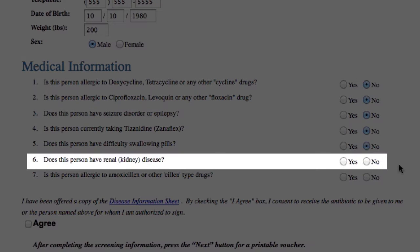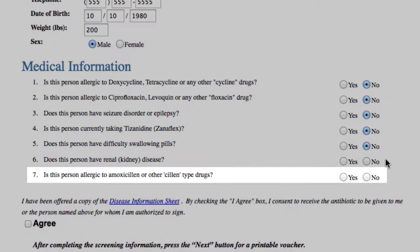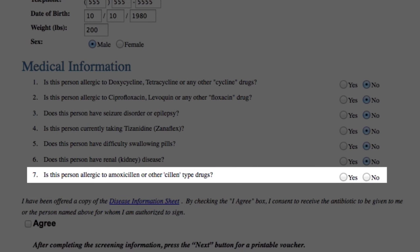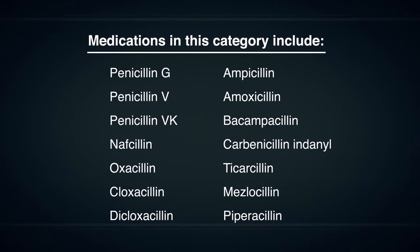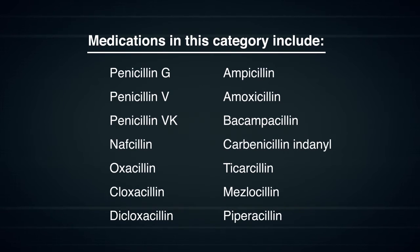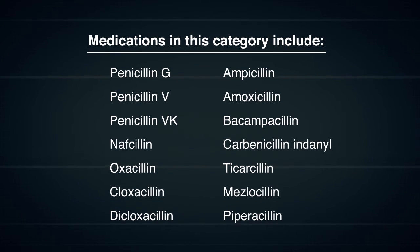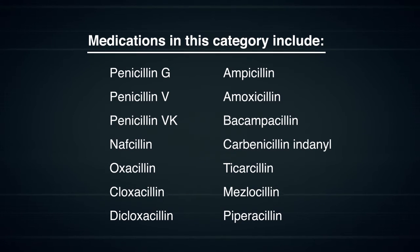Question 6 asks if you have renal or kidney disease. Answer yes if you have severe kidney disease or are on dialysis. Question 7 asks if you are allergic to amoxicillin or other penicillin drugs. Medications in this category include penicillin G, penicillin V, penicillin VK, nafcillin, oxacillin, cloxacillin, dicloxacillin, ampicillin, amoxicillin, bacampicillin, carbenicillin indanyl,